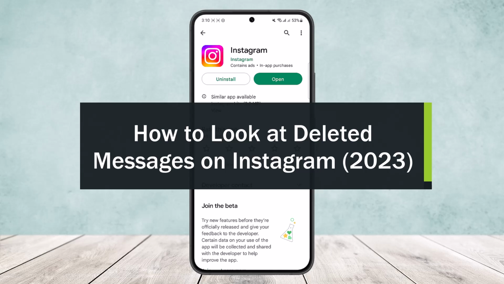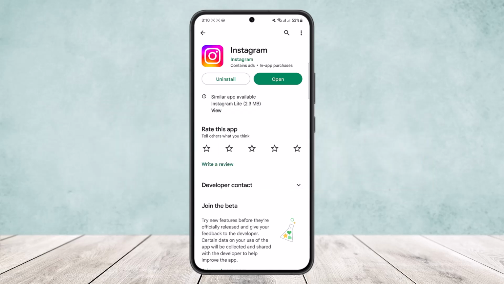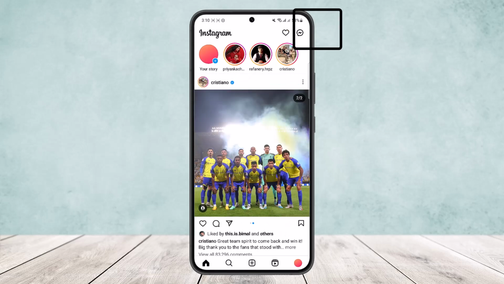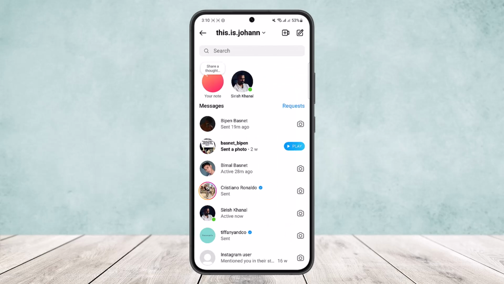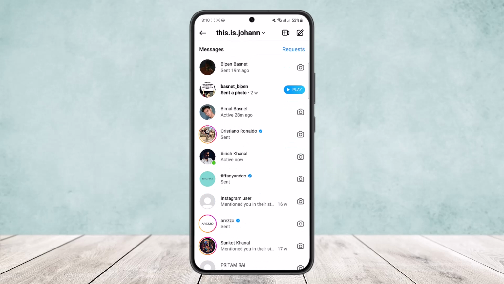Today I'll guide you on how you can look at your deleted messages on Instagram. If you open up the Instagram app and head into your chats by tapping on the chat icon at the top right corner of your screen, you'll be able to view all your chats here and open up and view them. However, if you have deleted a particular chat recently and you want to view it, what